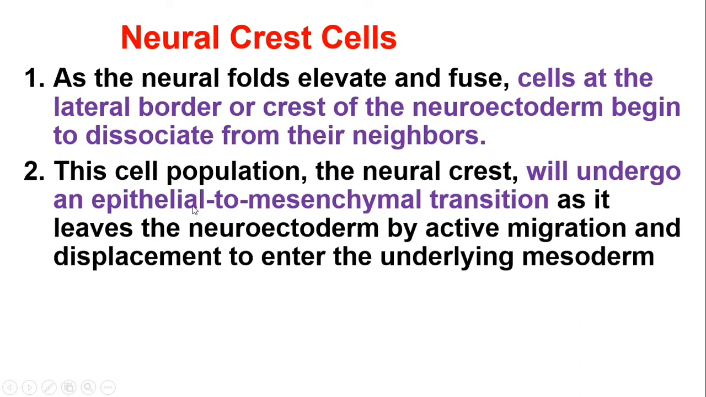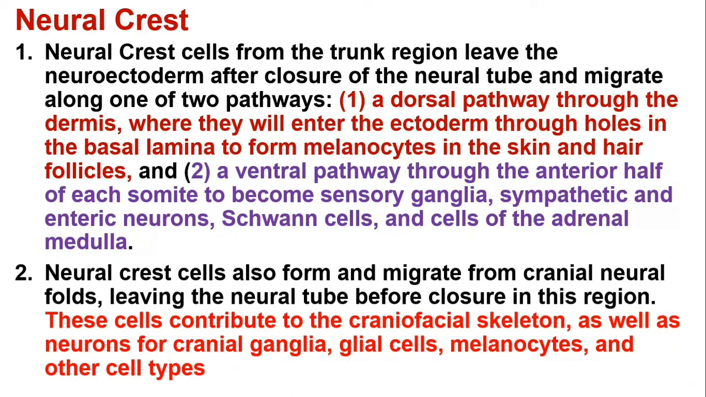Epithelial structure भी बनाते हैं और mesenchymal structures भी जो mesoderm से बनता है. ठीक है, leave करके different, under the mesoderm के अंदर different जगह पे चला जाता है. तो neural crest cells from the trunk region, क्योंकि ये fuse तो पूरी tube हर जगह से हो रही है ना, तो जो उसकी trunk वाला region है, ये neuroectoderm से leave करके जब जाते हैं